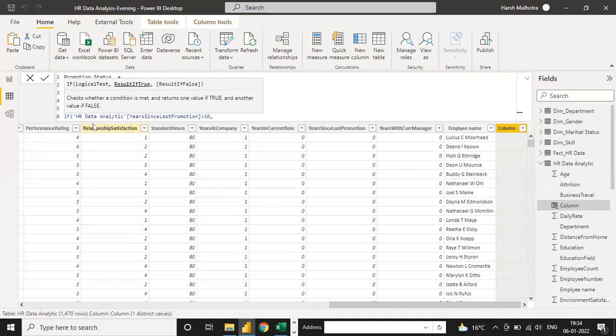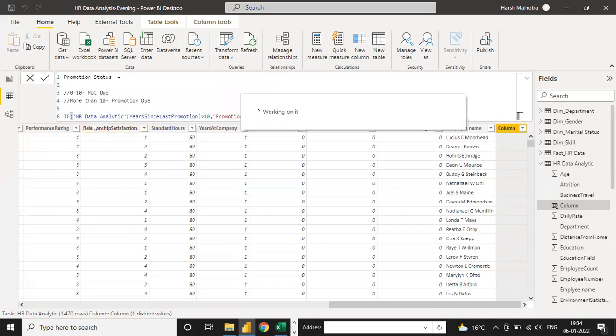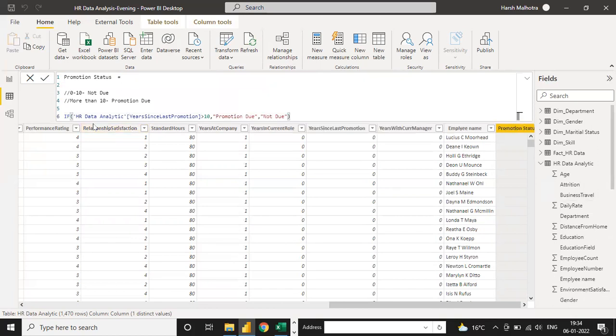Then we need the result if true: promotion due. Otherwise we need not due here. And now if I close this bracket, you can see on the right-hand side the new column will be written as promotion status.